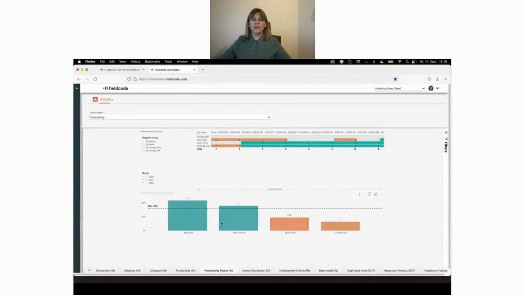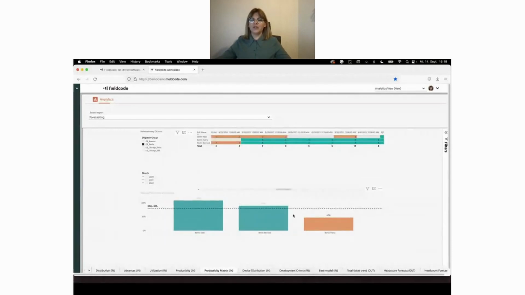If I go again to my Berlin group, I see my 3 resources here, which are Harry, Bernard, and Kate. And I can see the clear employee of the year here, which is Kate, because her average productivity is 108%. So 2 of my 3 resources did hit the target which I set for this project. And 1 person underperformed. As we remember, Harry was not performing printing tickets. So this might be the reason why he is not fully productive, simply because he didn't receive the onboarding and skill set. So that's the first action I can note to myself: to train up Harry in the